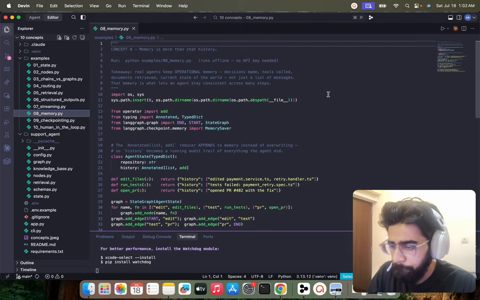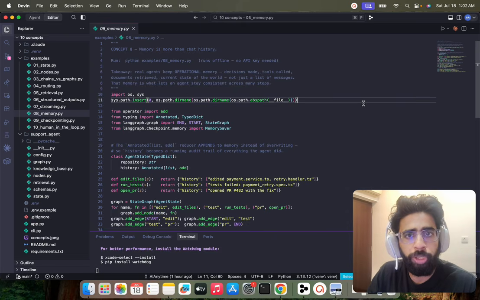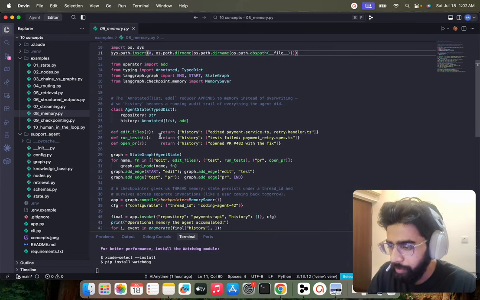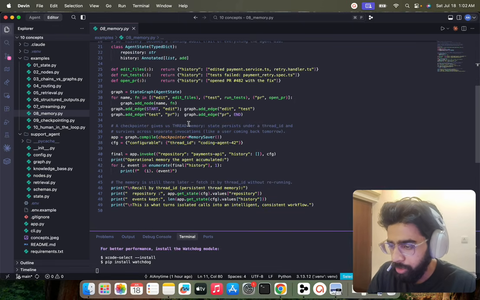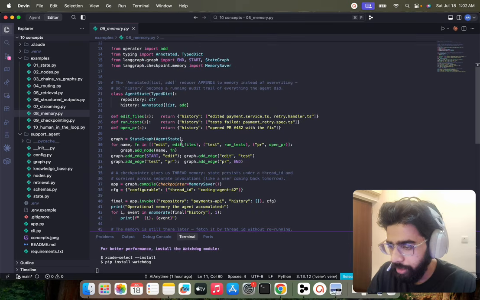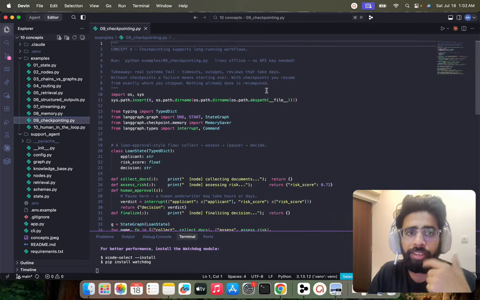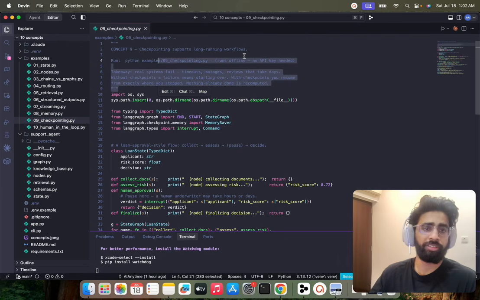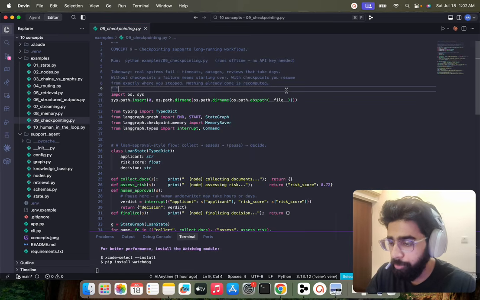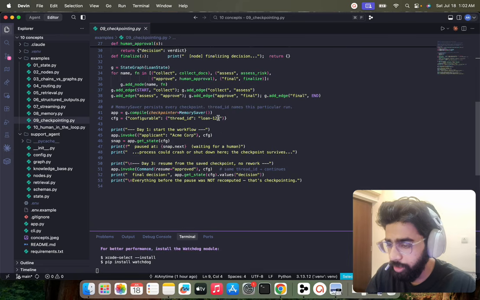Memory is important. It says real agents keep operational memory: decisions made, tool calls, etc. You can use a lot of external tools like mem0, Supermemory, and etc. to do that. But you can also use a scratchpad, the temporary memory in LangGraph. So this is our memory part. Checkpointing is important. If the system fails, you have to resume from there, not from the start. Sometimes, for whatever reasons, your agent might stop in between in a multi-agent workflow. Then you can also do that. You can look at this line here.